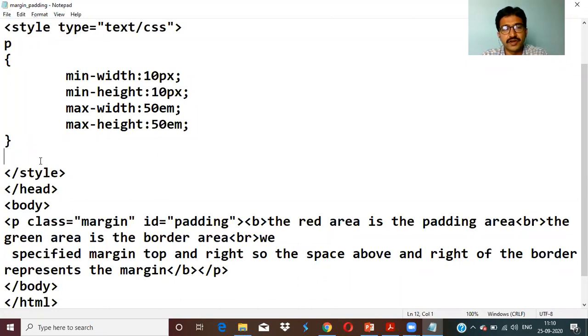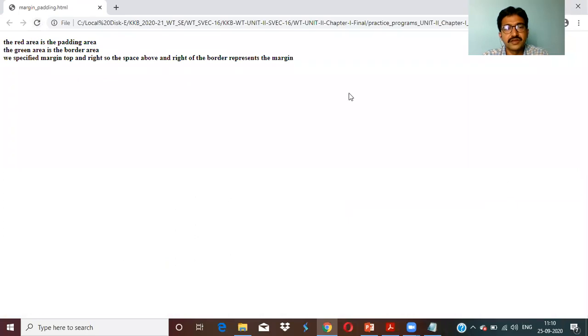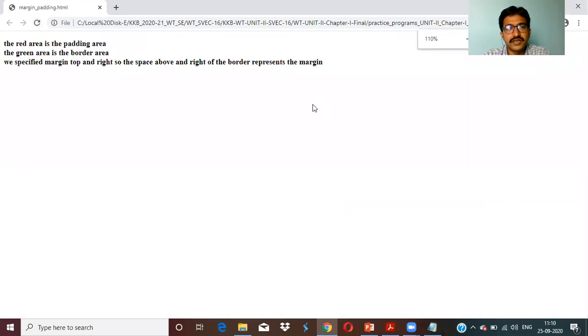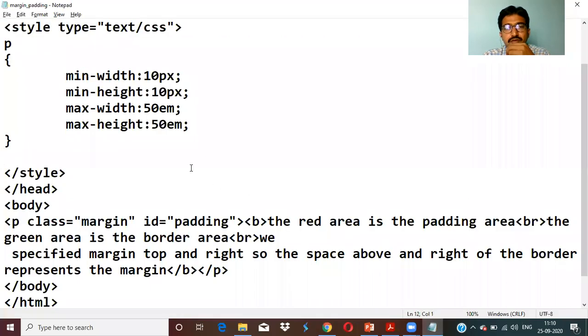Now I'll save the program and refresh the output. See, without any borders, it is only applicable to a paragraph as per the code.